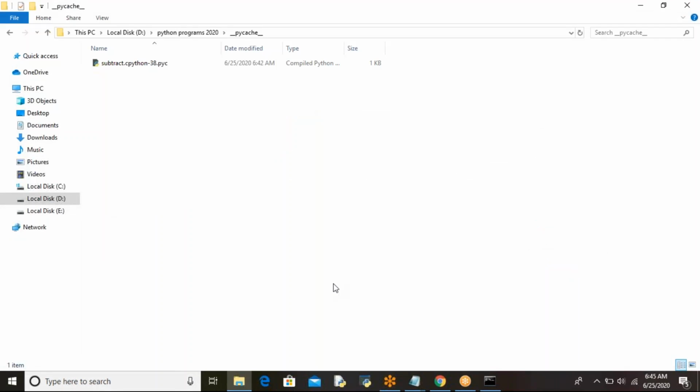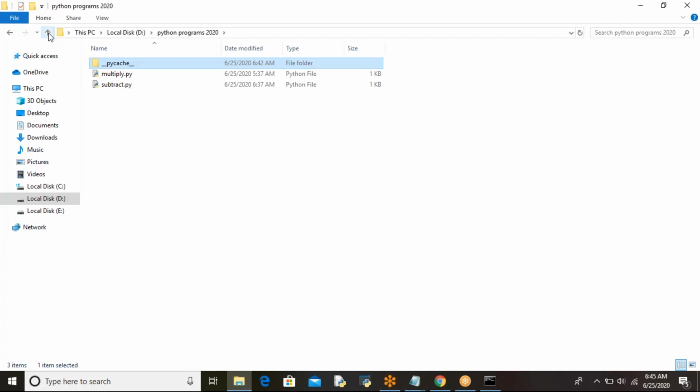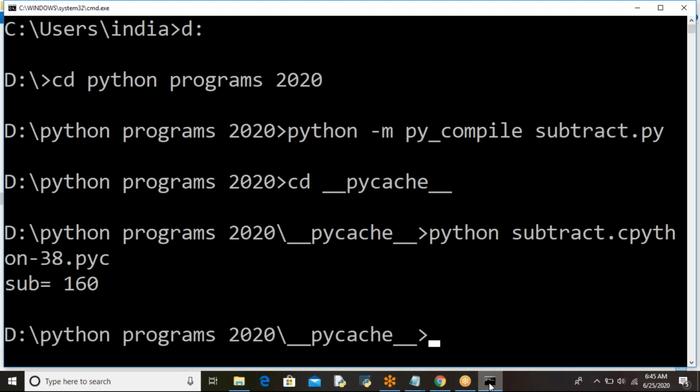Generally, .pyc files are not formed separately. Internally everything happens and finally you can see the output in Python. Separately, if you want to create the .pyc files, you can do it like this. You use the module known as py_compile. Then this folder is created and all the .pyc files will be stored there. Got it? And you execute it like this, which will improve the performance. Understood?